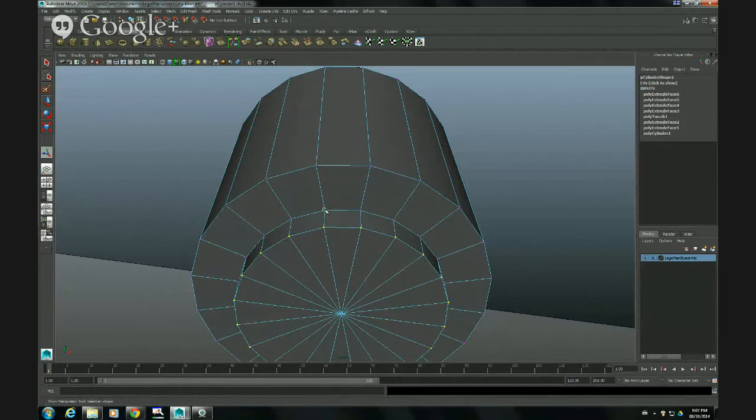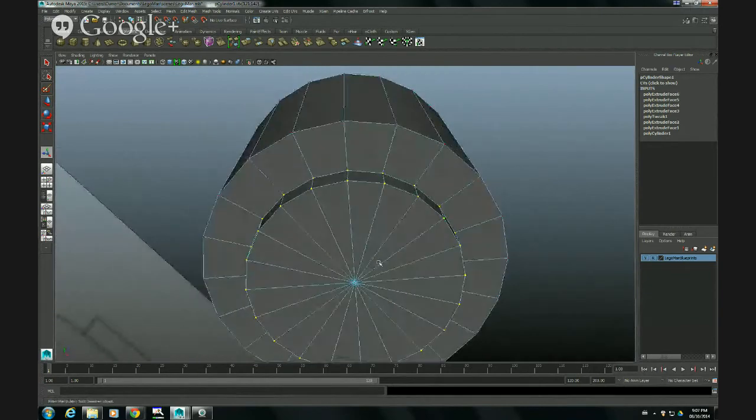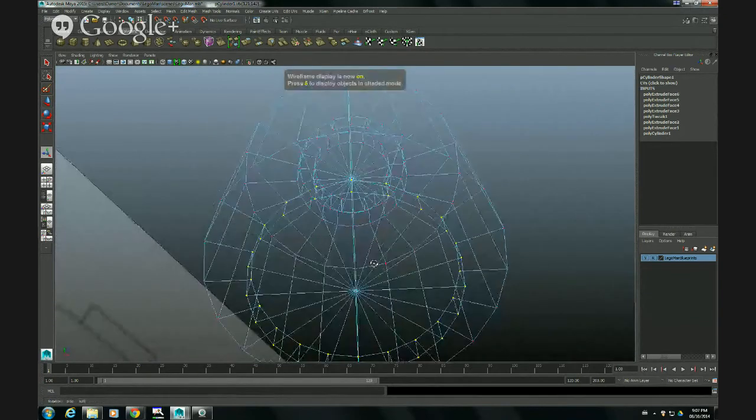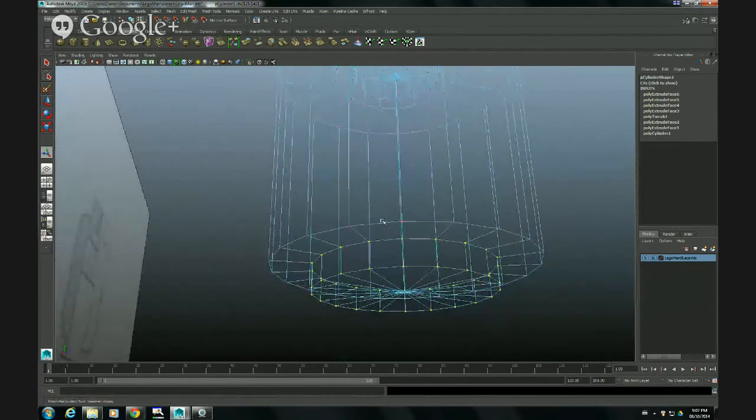Control Shift this one, and double click on the adjacent one with Control Shift still pressed, and I have all the next selected. Okay, I have all the vertices selected except this loop at the very